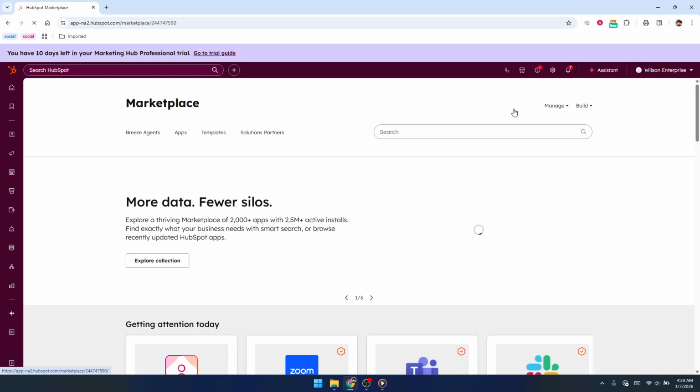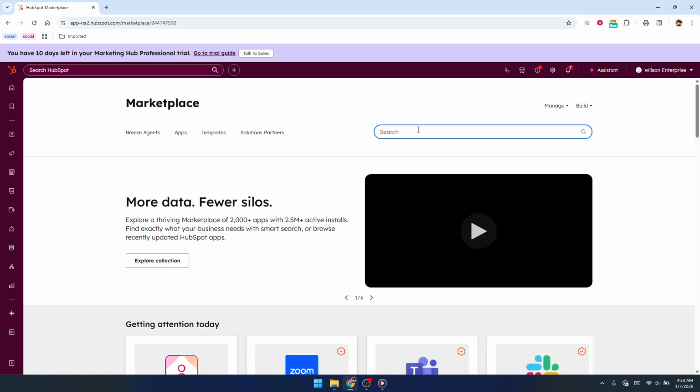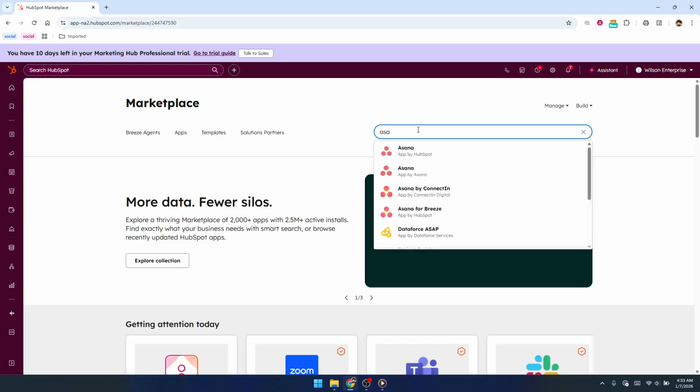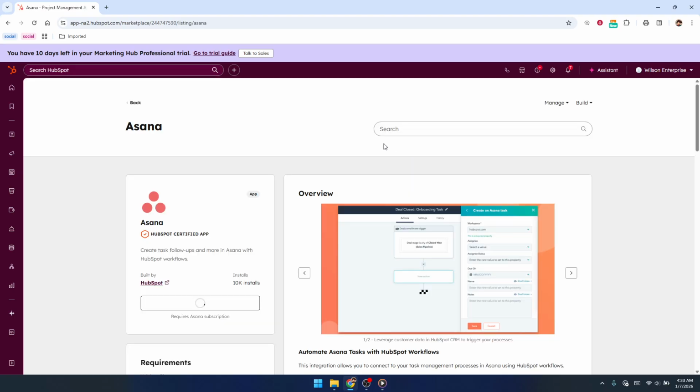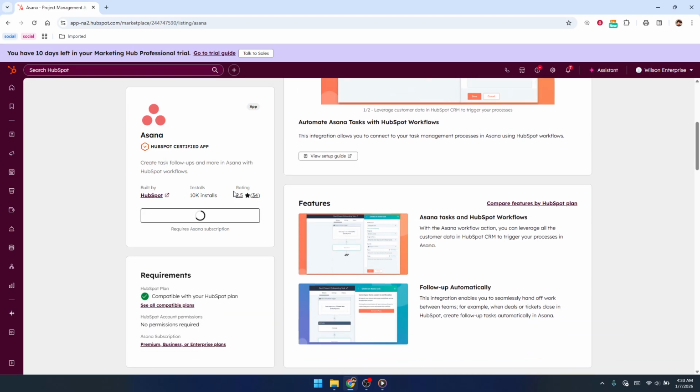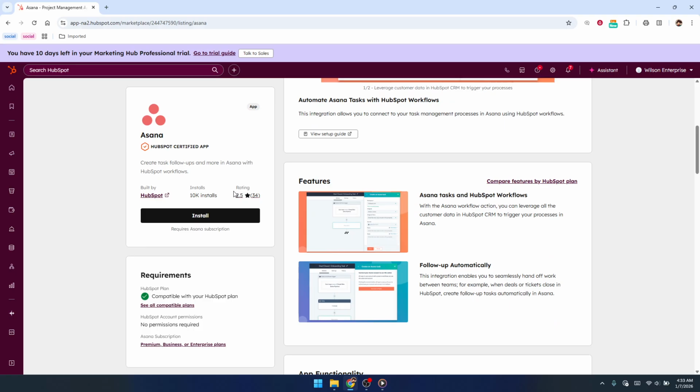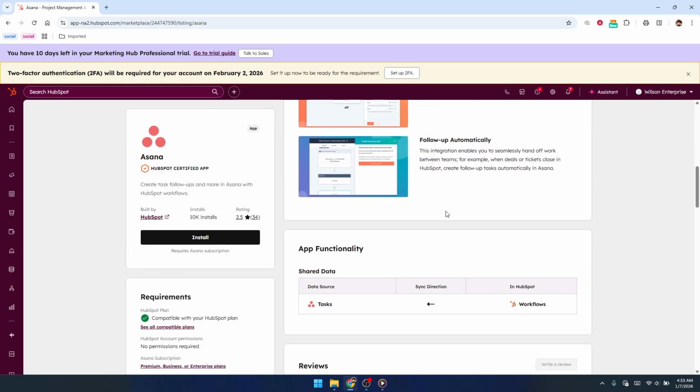When the app marketplace opens, you'll see a search bar. Click into that search bar and type in Asana. Give it a second, and you should see the Asana app appear in the results. Click on the Asana app listing to open its details page. This page will give you a quick overview of what the integration does, but for now we're going to focus